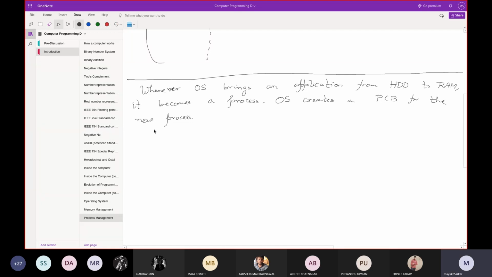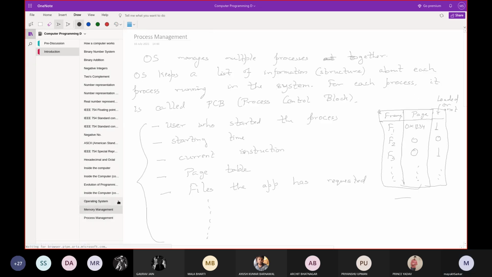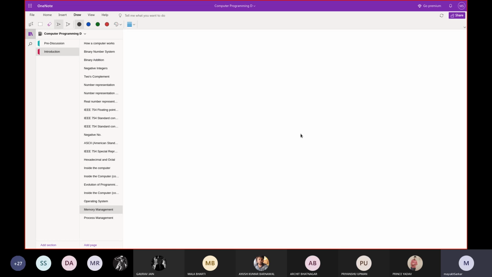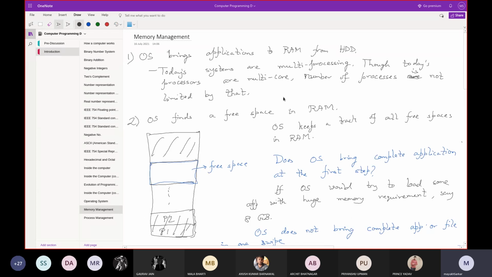Now, in the case of memory management, I told you that it brings the process, the particular application, into memory, if you can remember, and then it tells the CPU that the new process has been loaded at this particular address, start executing from that.